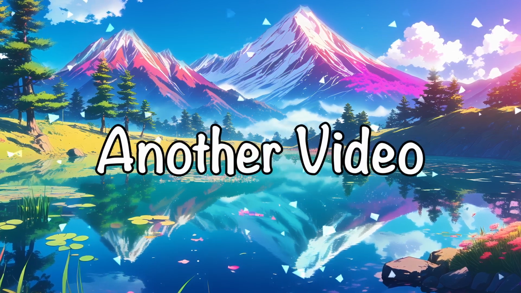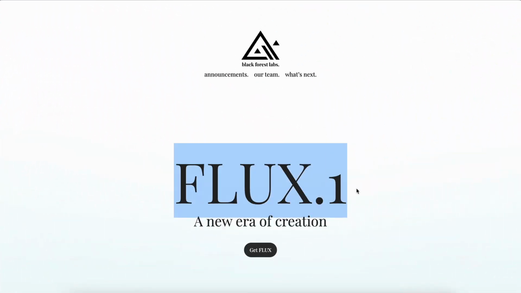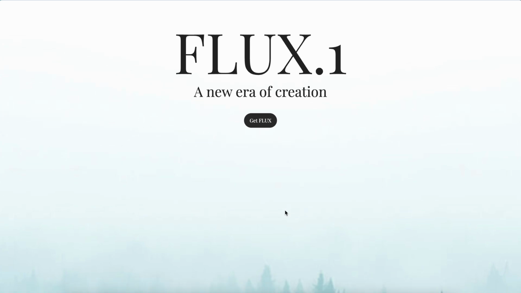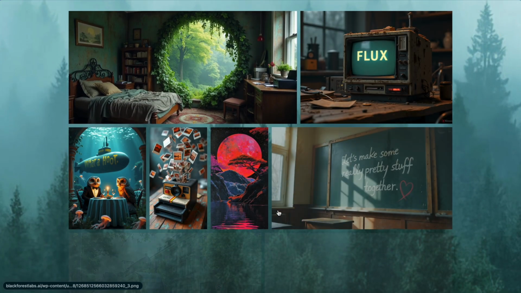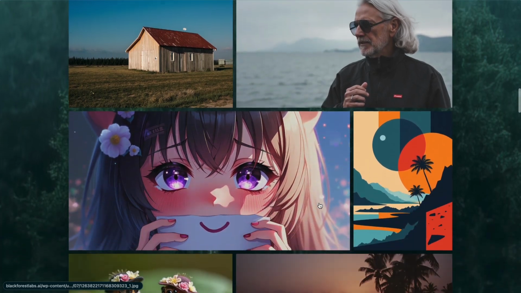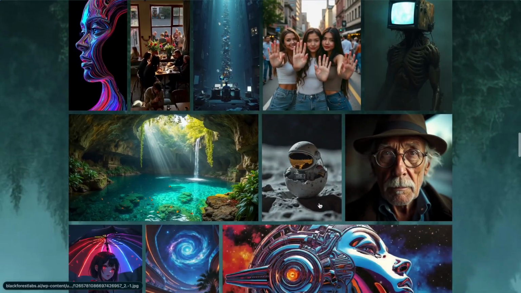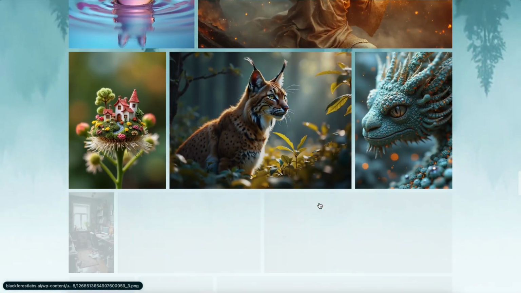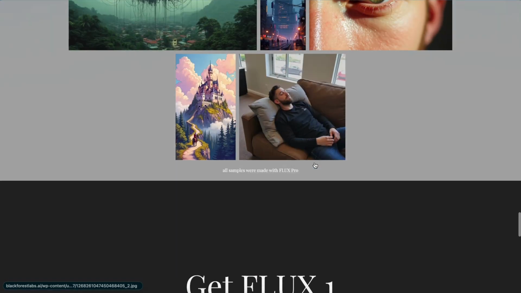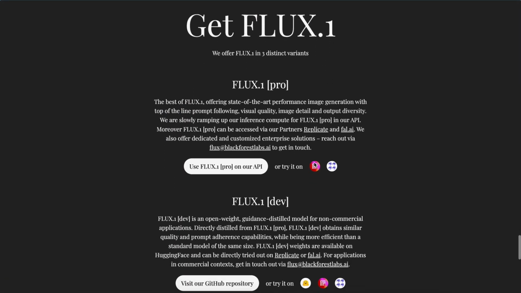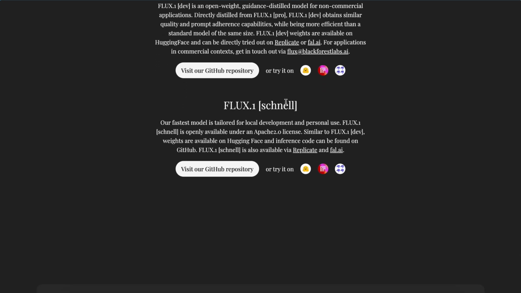Welcome to another video. Recently, I covered Flux-1, and it's proving to be really good at generating images. It beats Stable Diffusion 3, Midjourney, and others in almost all kinds of things. Plus, it can generate text, good fingers and toes, and everything needed for a good image generator. Especially, the smallest of the bunch, which is the Schnell model, is also fully open source, which makes it even